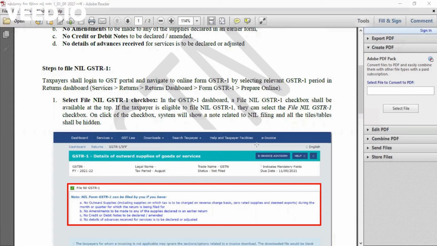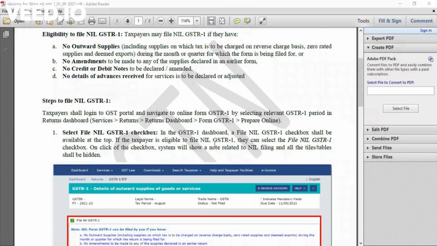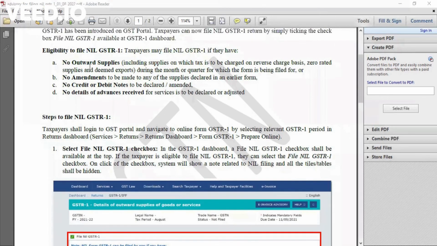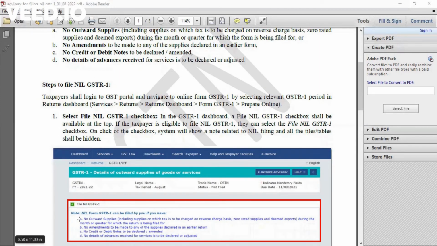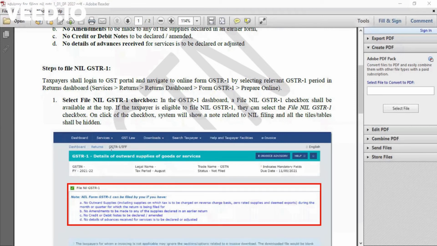On clicking the checkbox, the system will show a note related to nil filing regarding the four conditions relating to filing of nil GSTR1, and all the tiles or tables shall be hidden. Since the tiles or tables need not be filled for filing nil GSTR1, those tiles or tables are not relevant, so they will be hidden. This is the first step regarding